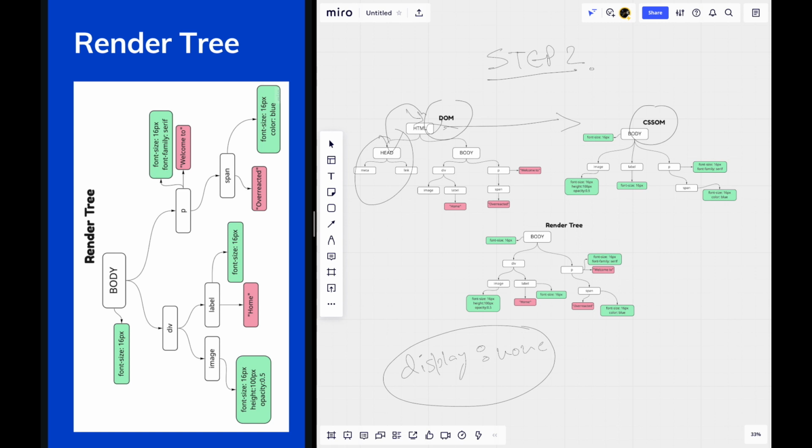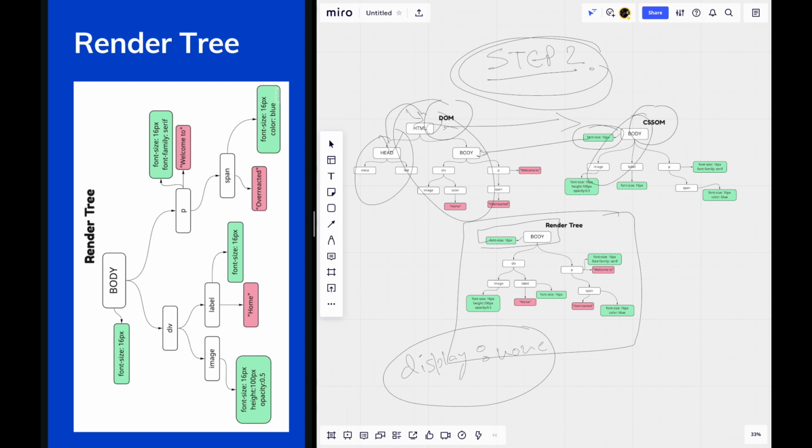Next up we have body. So here you see in the CSS object model we have font size 16 pixel associated with my body. So this is rendered here. As you can see in the render tree, body has a font size of 16 pixel. Similarly, once the render engine traverses through the DOM and applies the corresponding style from the CSS object model, finally we have our render tree. Now the step 2 of my rendering engine is also completed.